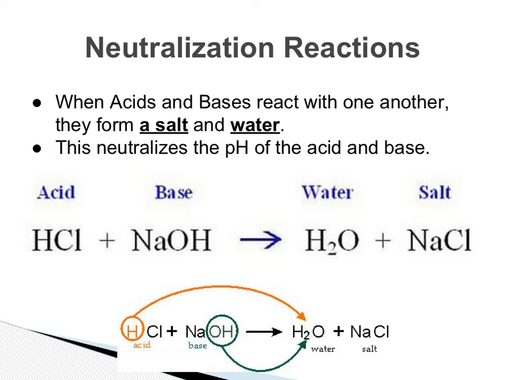When acids and bases come together, they form what's called a salt. It doesn't mean that it's always sodium chloride, which is our table salt. Salt means the product of an acid-base neutralization reaction. So sodium chloride is in fact a salt by definition because it is a product of an acid-base reaction of hydrochloric acid and sodium hydroxide. But had it been potassium hydroxide and created potassium chloride, it still would have been